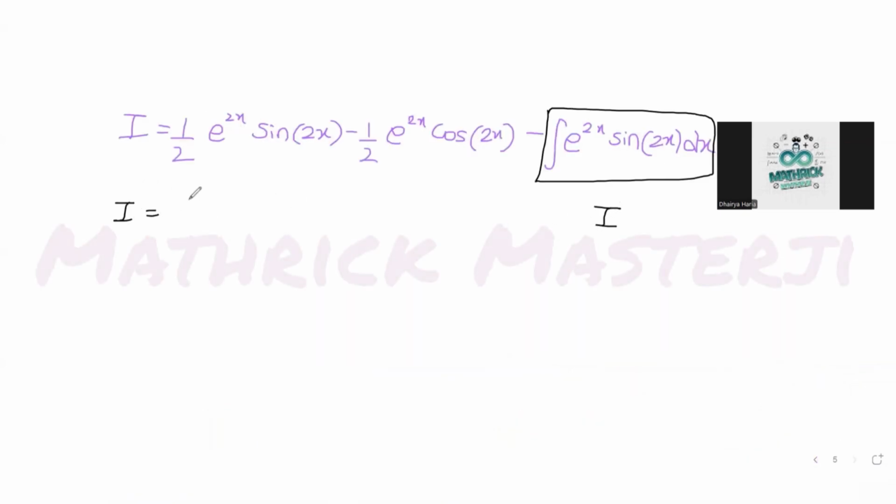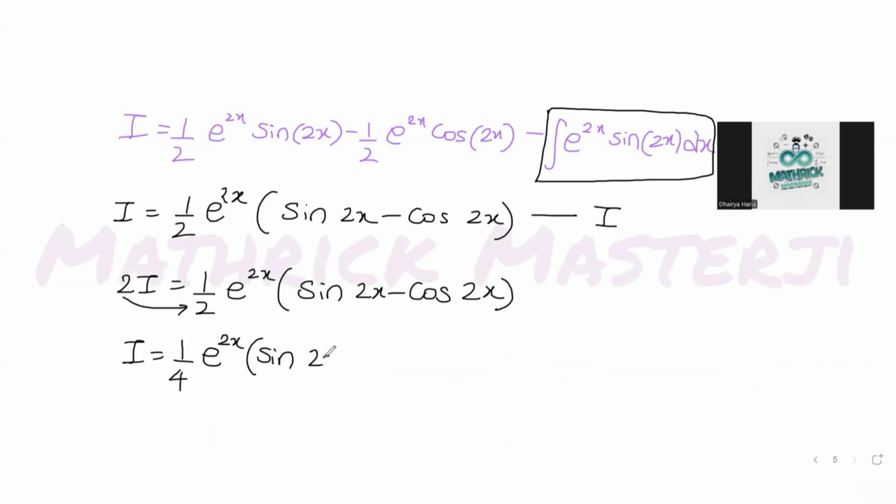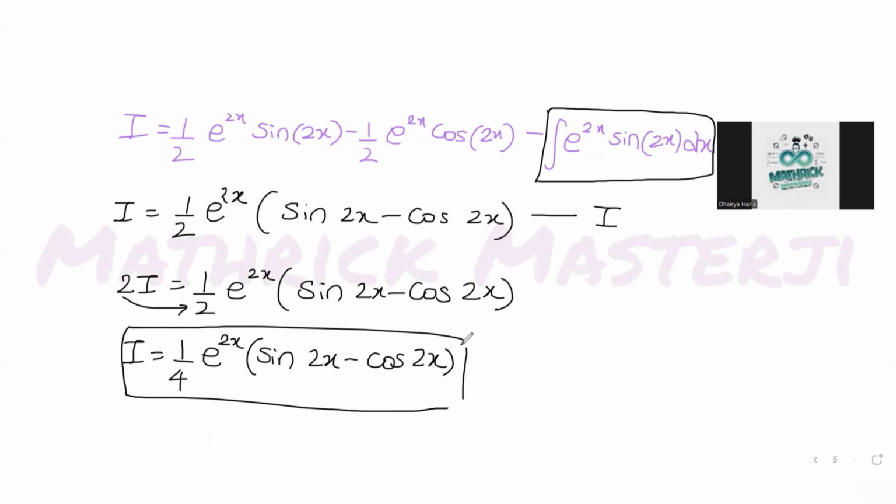So I equals half, common I'll take from these two terms, e raised to 2x also common from these two terms. So I'm just left with sine 2x minus cos 2x minus I. So this I goes here becomes 2I. So 2I is 1 over 2 e raised to 2x sine 2x minus cos 2x. So I get from here I is, this 2 goes down, so 1 over 4 e raised to 2x sine 2x minus cos 2x. So I get the answer for I in terms of sine x